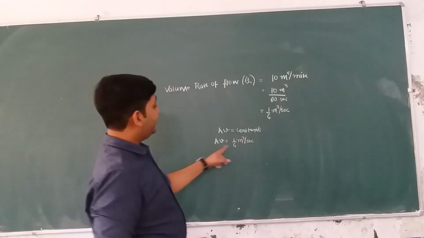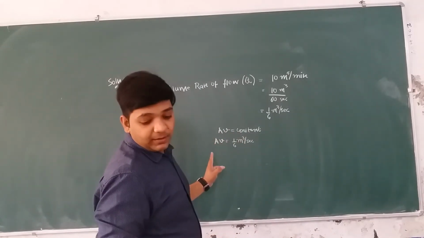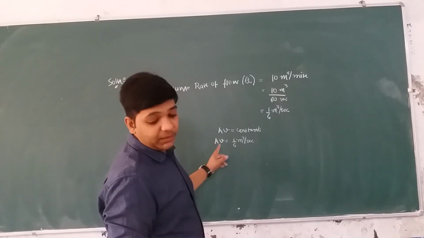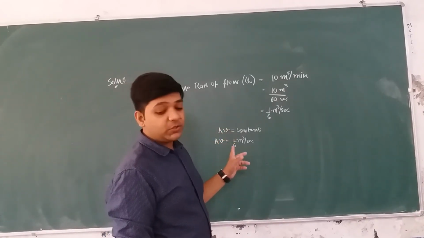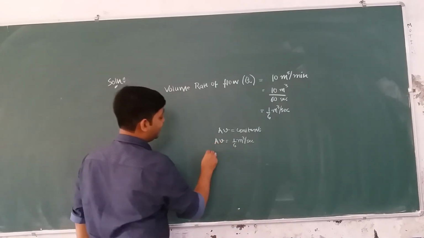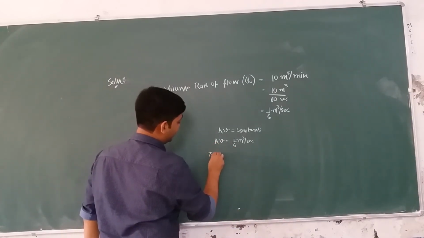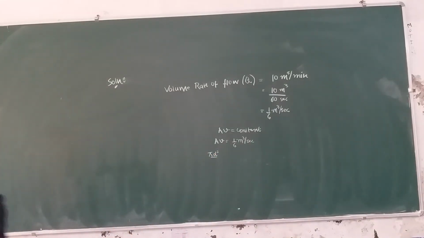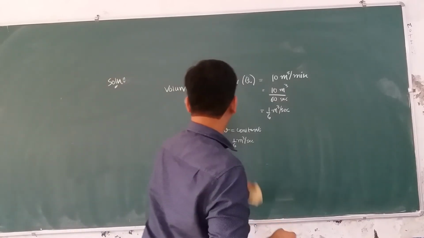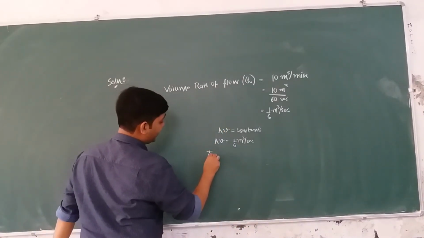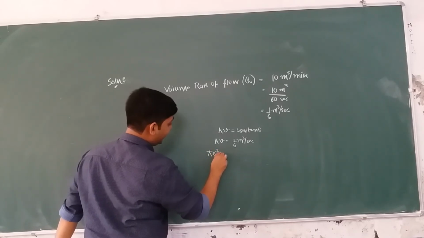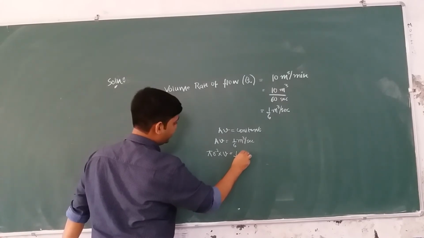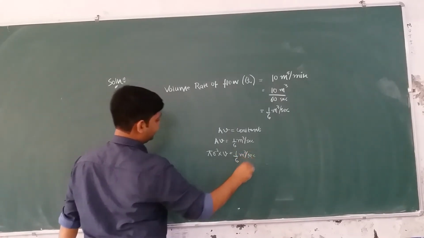And now in this equation we have two variables. One variable is given to us, the radius of the pipe, so we know the cross section of the pipe, and we want to calculate the velocity of water, so we can easily calculate from here. The area will be equal to pi r square. Okay, let me write it in the radius, ठीक है, because the radius is given to us. So area will be pi r square multiplied by v. It should be equal to 1 by 6 meter cube per second.